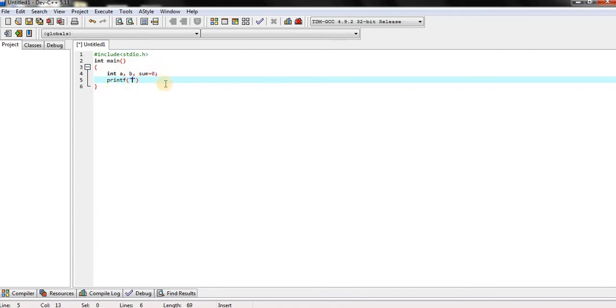Printf displays the output result that you want to show on the screen.